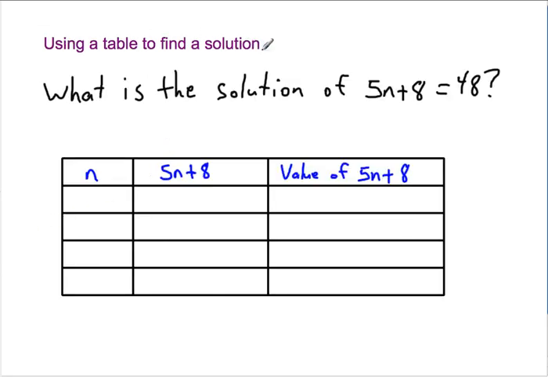To use a table to find a solution, we need to choose values of n to determine if they make this equation true. So I might start with something like 5. To check it, I just plug that in for n and see if it was right. So 5 times 5 plus 8. So that's 25 plus 8 is 33. Okay, but we're trying to get to 48, so that's not correct. So we need to go bigger. So we'll try